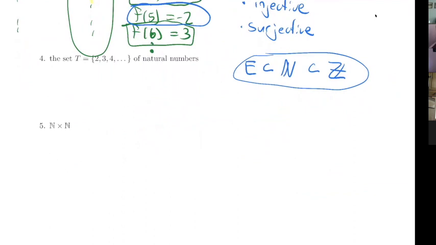So I'm going to give you some time just to bounce some ideas off of each other about 4, which should be a little bit more direct, and 5, which is going to be totally open-ended for you. So I'll say that in 4 and 5, both of those sets are also countably infinite.